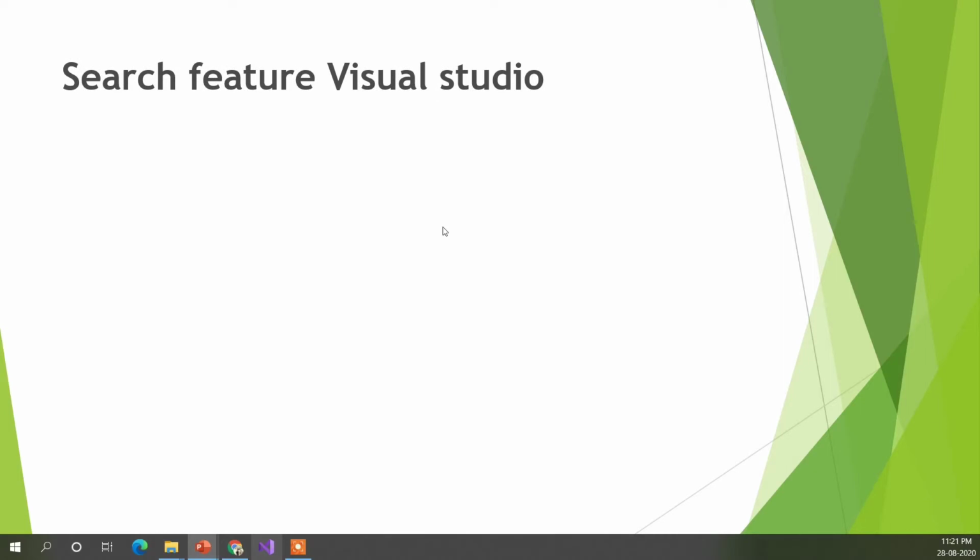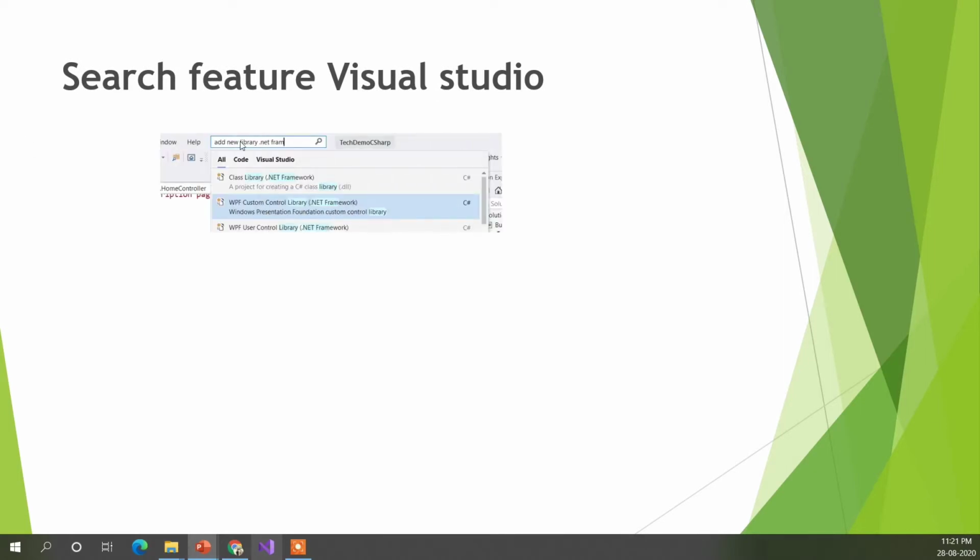So, the search feature of Visual Studio. With this feature we can search on the search bar. It's a very powerful bar. In this you can search, for example, for adding a new project. In order to add a new project we need to go through all the tasks, from file, new, and add new project. But with this we can just type it like that, and it is going to show you the option for adding the project. So it is going to save a lot of time.